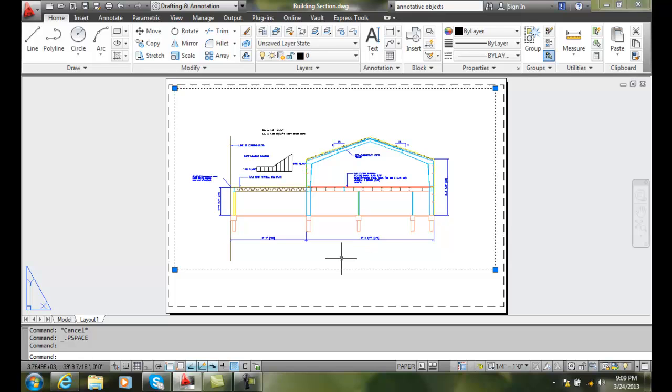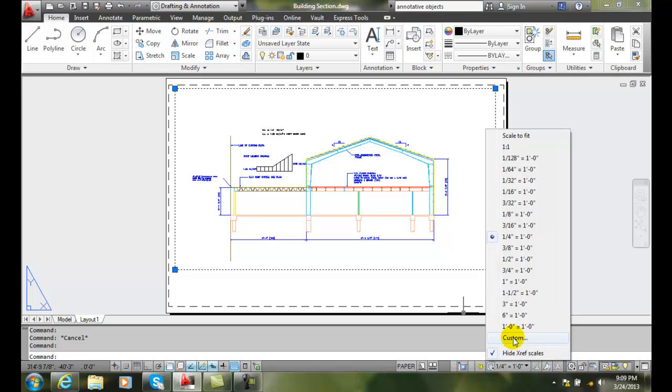And there I go. It fits on the screen, and I can pan it around and move it around. And now I'm all set to go with a 1/4 inch scale. But let's just say that the scale I'm looking for isn't there. If I go down to custom,